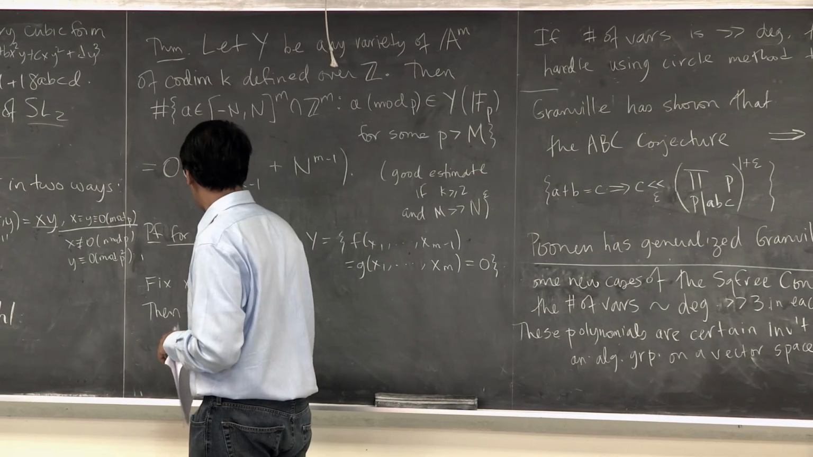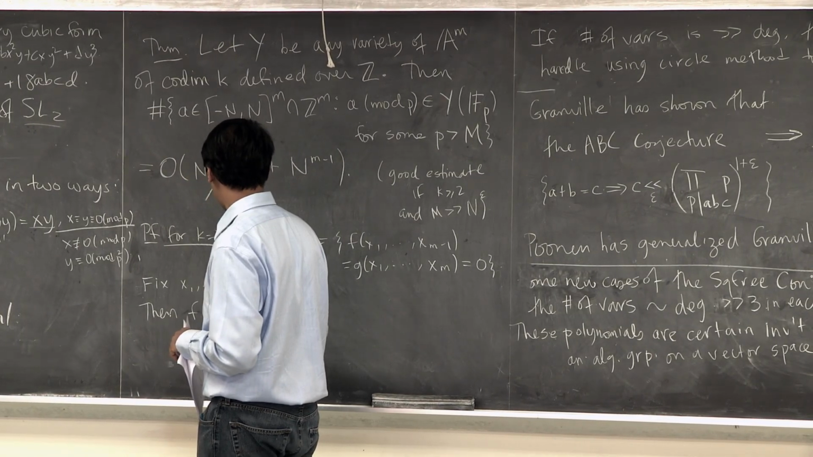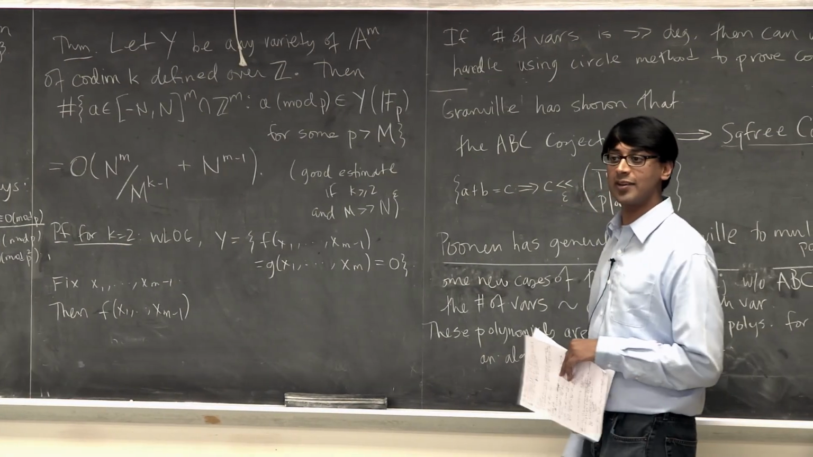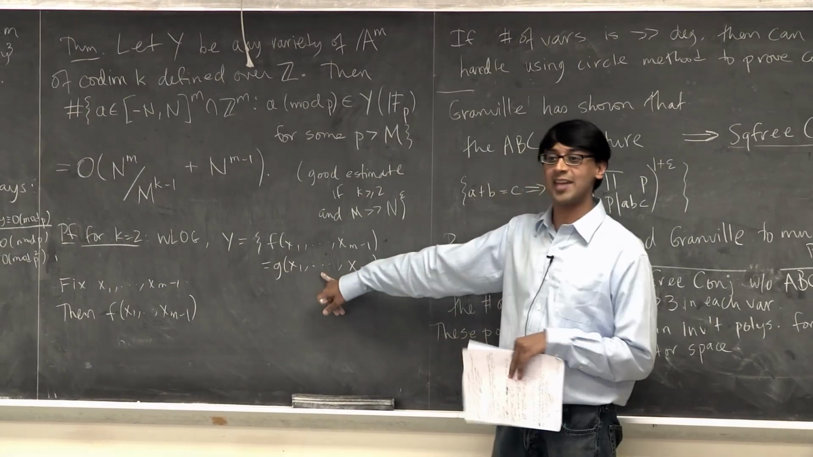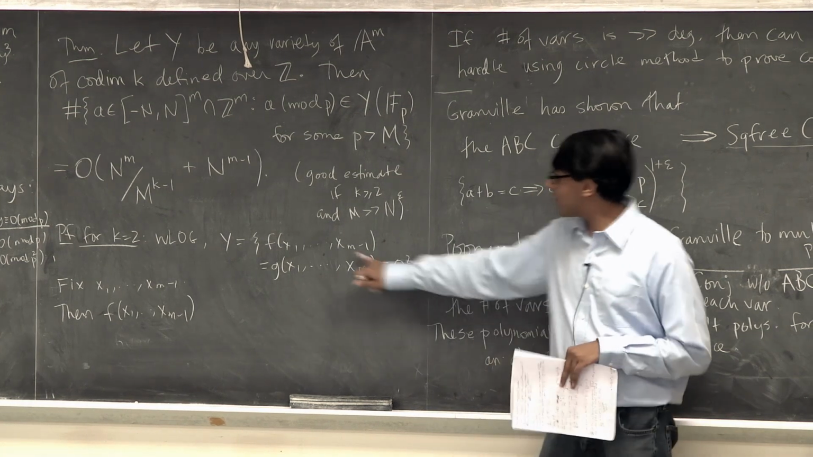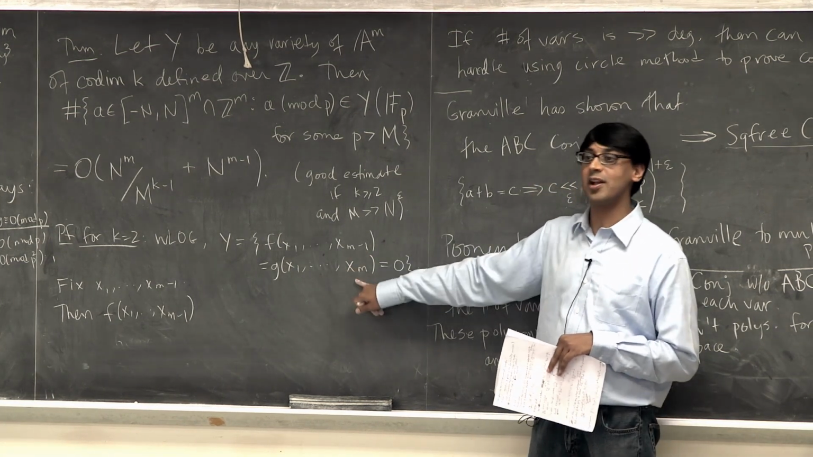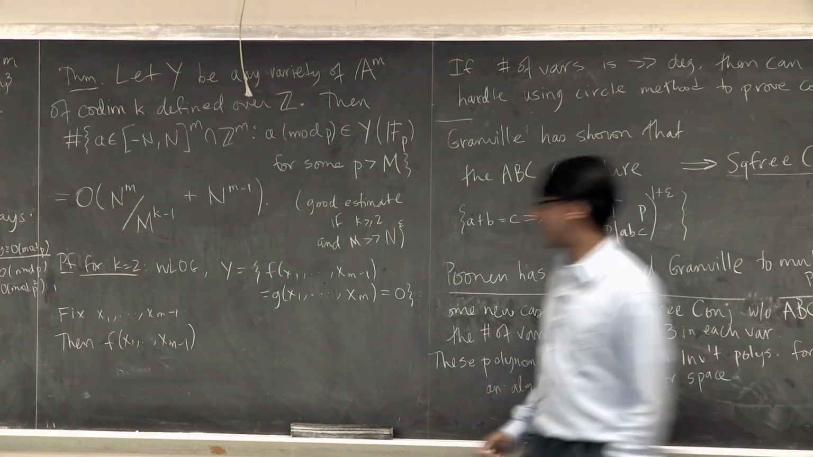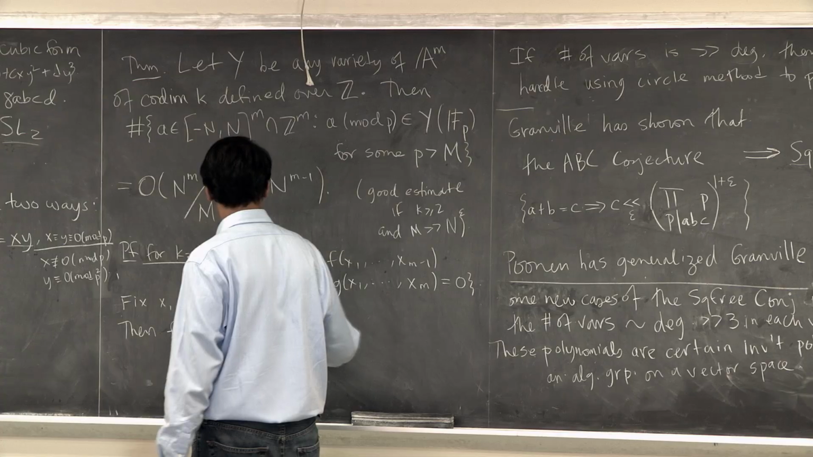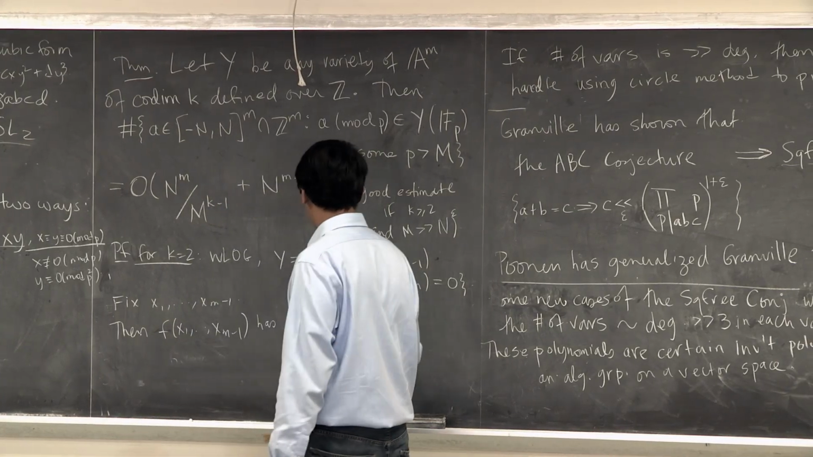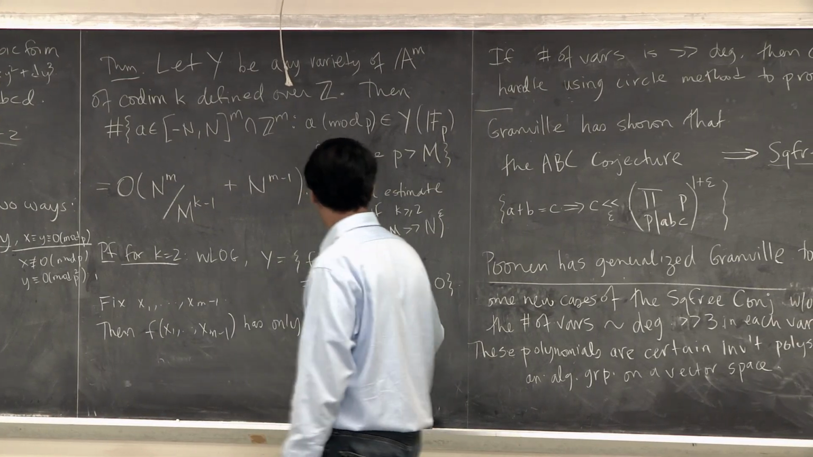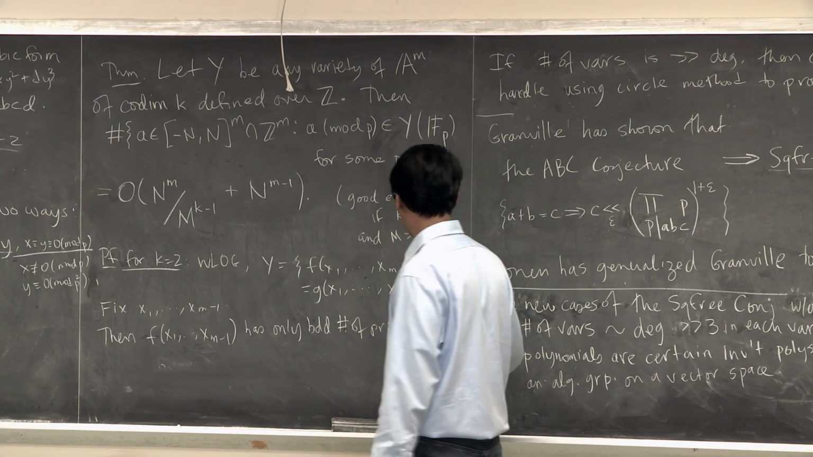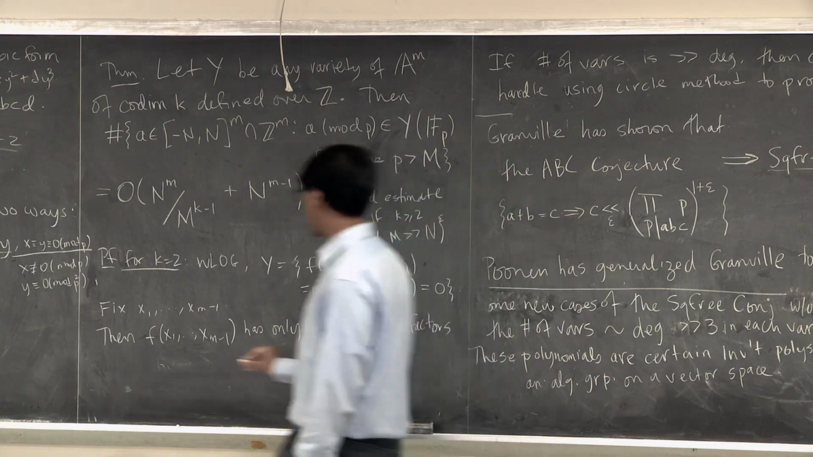So then you fix these x1 through x_{m-1}, and you plug it into the first polynomial. That has only a few prime factors p. And then g has to be a multiple of p, and you have one free variable to make it a multiple of p. It's a polynomial in one variable that only has finitely many roots mod p, a bounded number of roots mod p. So f of x1 through x_{m-1} has only a bounded number of prime factors p bigger than m,